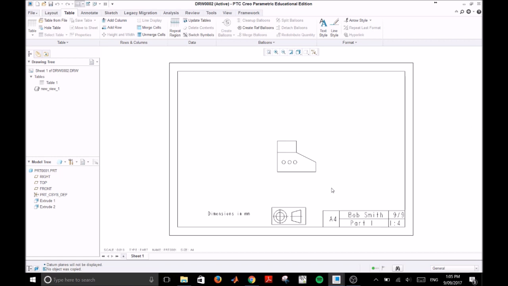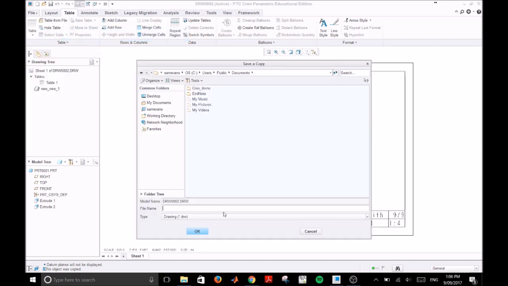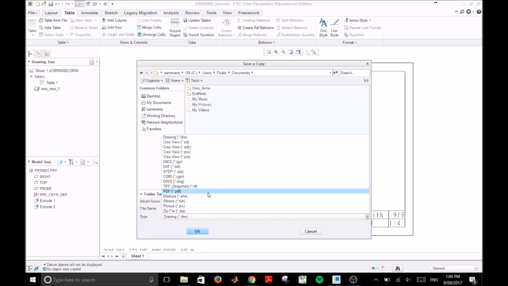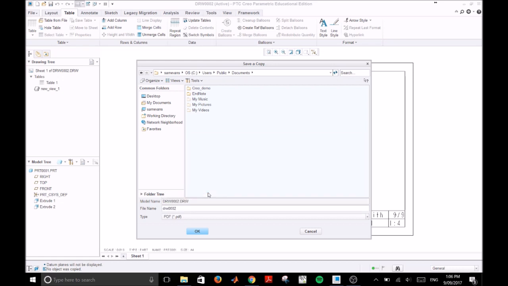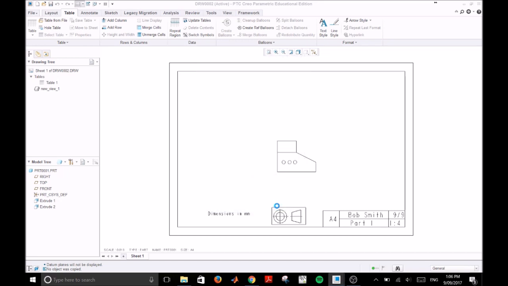We can then dimension our model as we normally would. But once we're ready to print, sometimes printing can be a little bit tricky to get the plots lined up correctly. My preference is instead to click File, Save As, and we can choose our options to a PDF. So this will print our drawing as a PDF, and it should be scaled exactly to an A4 sheet. So we can click OK. We can change our resolution, select different color settings, click OK,